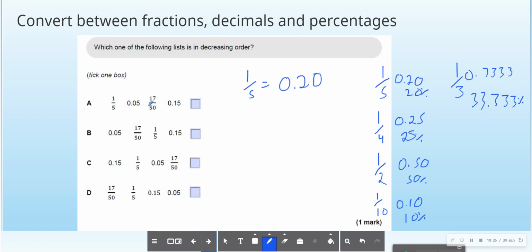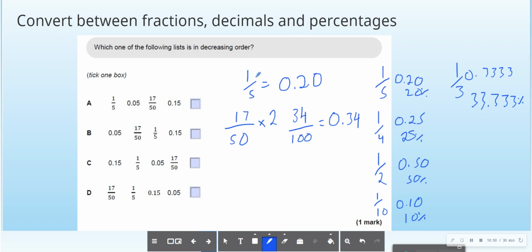0.05, that's always a decimal, so I'm happy with that. 17 out of 50. Whenever we get a fraction and we're not sure how to convert it into a decimal, try and make that bottom number into 100. So I've got 17 over 50 here. I'm going to try and make the denominator, the bottom number, into 100. I can do that by timesing the whole lot by 2. That gives me 34 over 100, which I can make into a decimal,